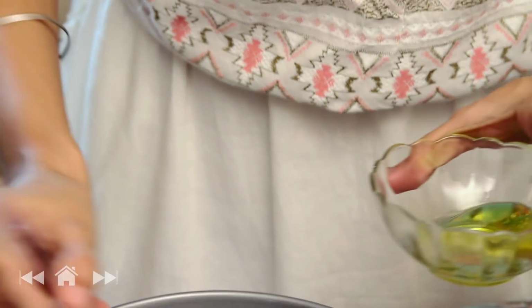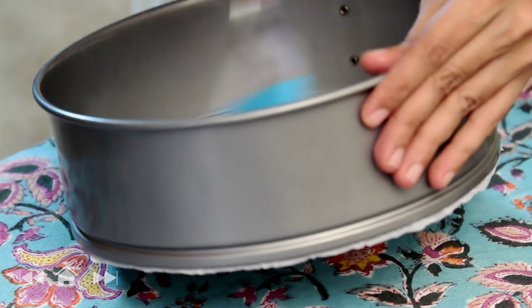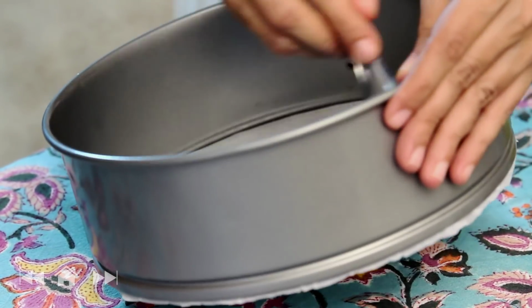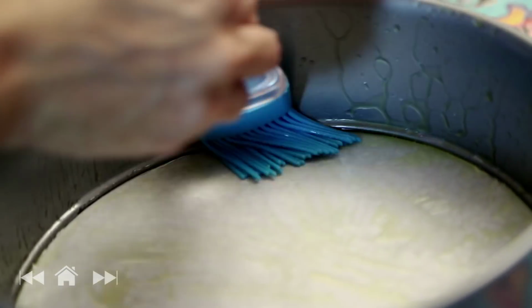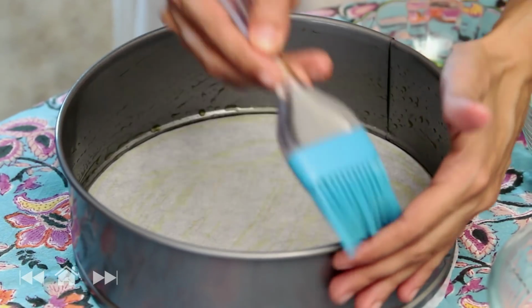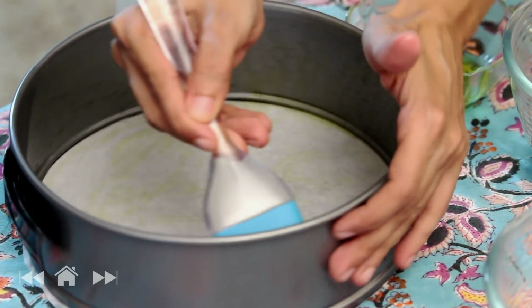I'm greasing this pan and the parchment paper with some oil. Normally you would use butter to grease a cake pan, but this is a vegan cake, remember? So there's no butter in this. I'm using oil instead. You can use either canola or sunflower oil to grease the pan. Really, the idea is to use a neutral flavored oil so that the oil doesn't leave its own strong flavor